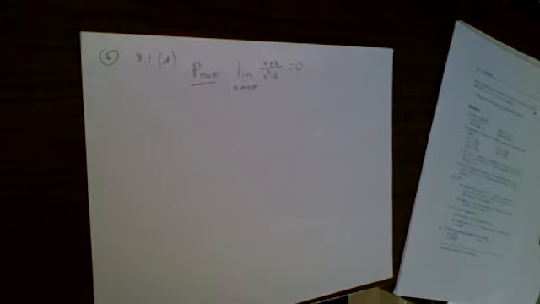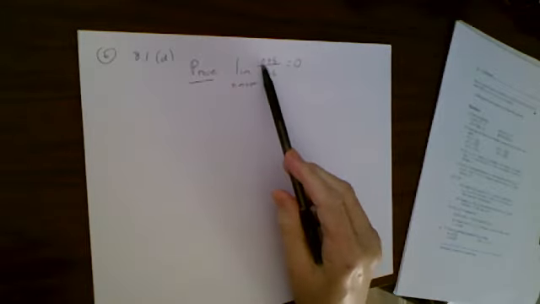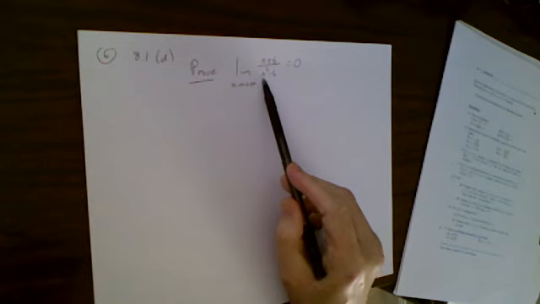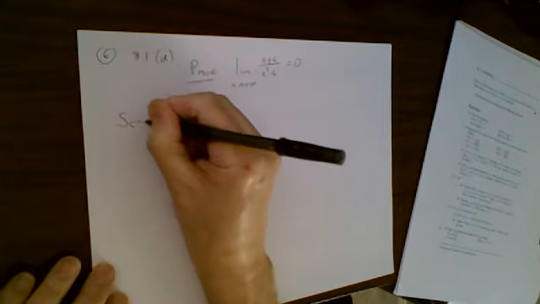Again, intuitively we know this because when n is large, the top looks like n, the bottom looks like n squared. N over n squared looks like 1 over n. 1 over n goes to 0. But in terms of scrap work, for formal proof,